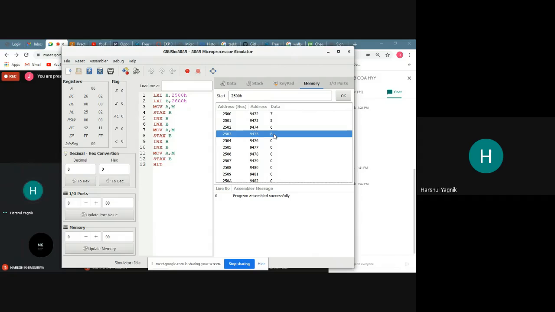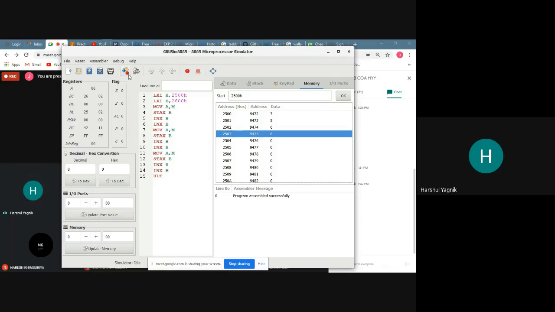What changes do you have to make in the program? Right here, INX H and INX B. Yes, correct. Write it. INX H and INX B will increment the content of the HL register pair and the BC register pair.